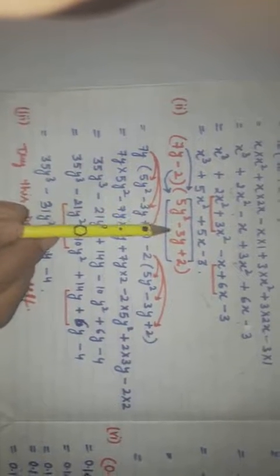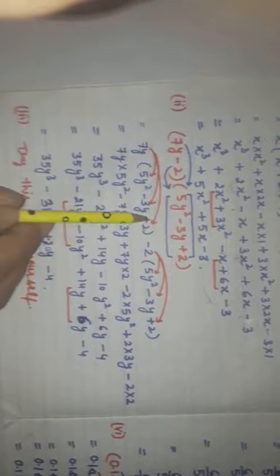Similarly, there are many questions which are related to the product of binomial and trinomial. The second one is (7y minus 2) into (5y square minus 3y plus 2). The first term of this binomial is 7y. We multiply this by this trinomial and then the second term minus 2 with this trinomial. The first term is 7y into 5y square, minus sign 7y into 3y, plus